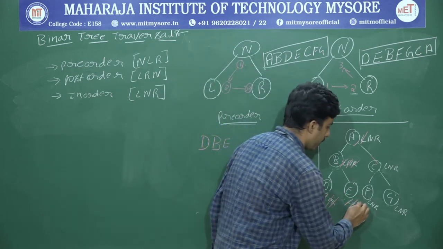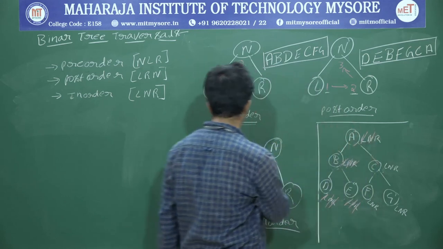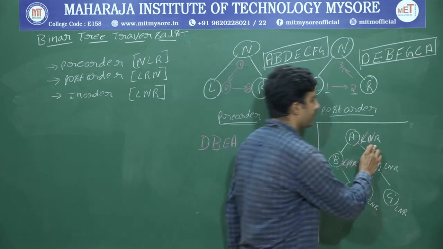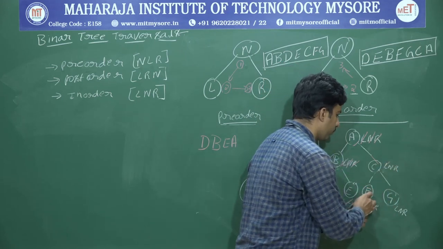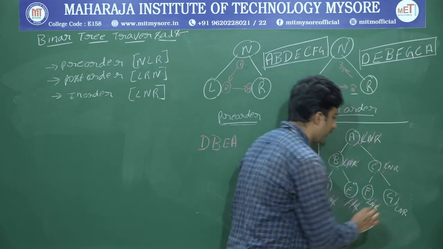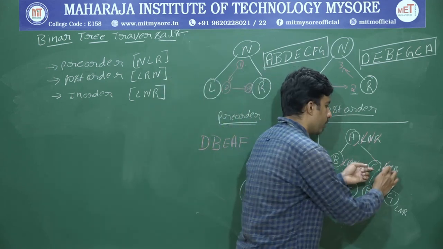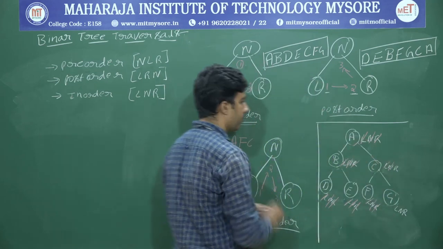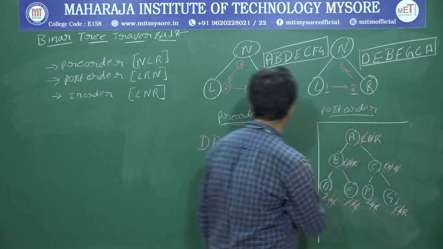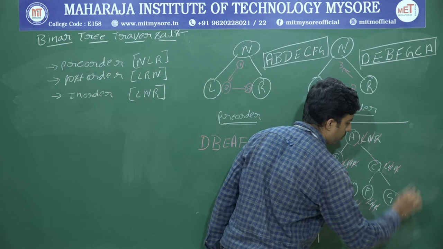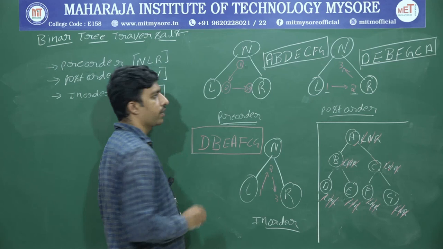E, okay, right is there, no, goes back, from where it comes from, A, node encountered, yes, write down A here. Right is there, yes, traverse to right. Left is there, yes, traverse to left, left is there, no, node is there, yes, right is there, no. Node encountered F, goes back, node encountered, yes, return C, right is there, yes, comes to here, left is there, no, node is there, yes, return G, right is there, no, close over there. This is the in-order traversing of the given tree.